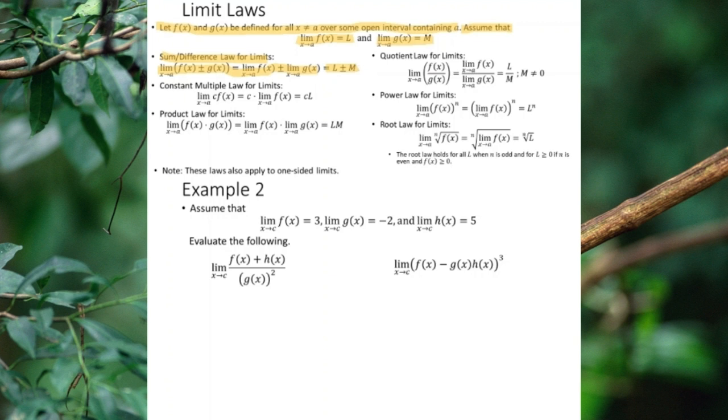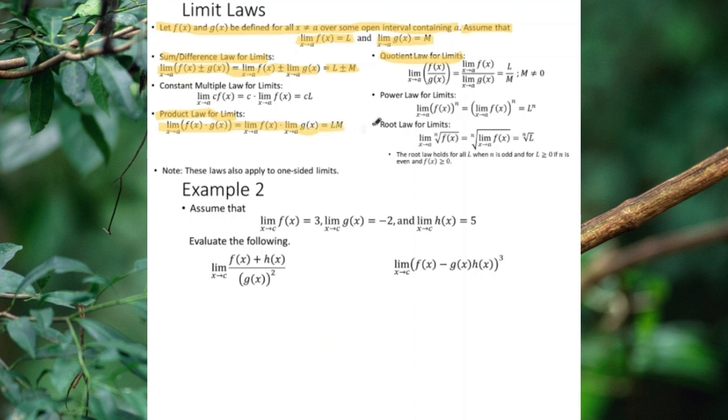In other words, the limit of the sum and difference of two functions is equal to the sum and difference of the limit of those two functions. So if I'm adding two functions together, I can take the limit of each function separately and add or subtract them together. And we see something similar with the product law and the quotient law. The product law states the limit as x approaches a of f of x times g of x equals the limit as x approaches a of f of x times the limit as x approaches a of g of x,